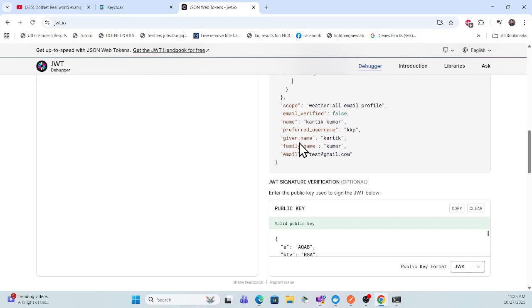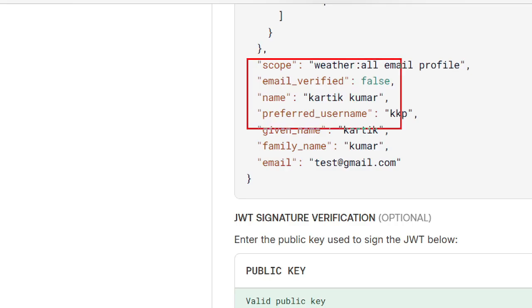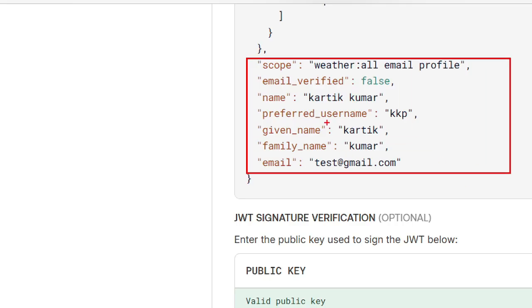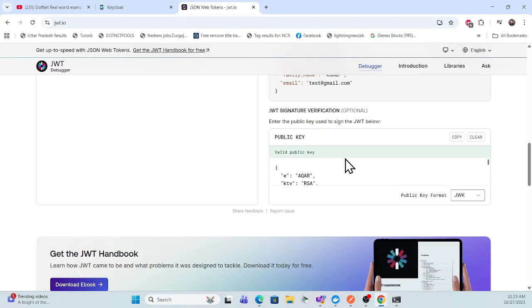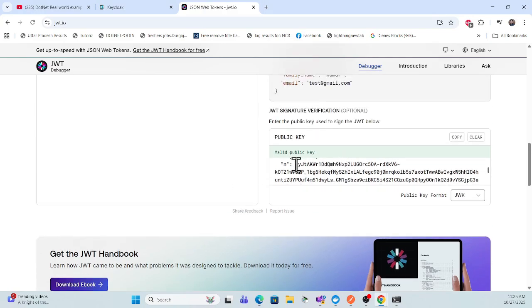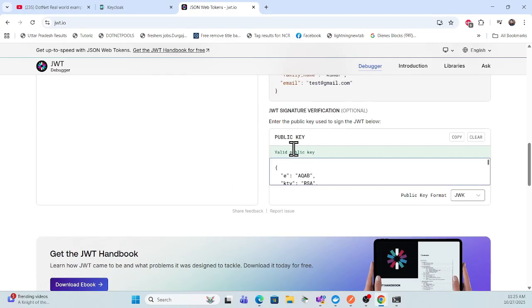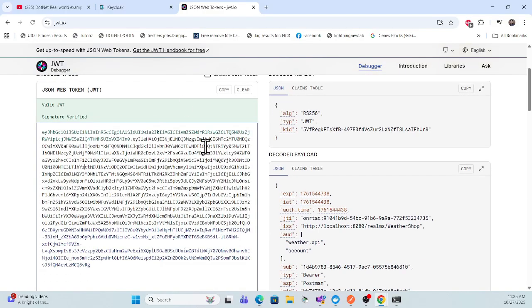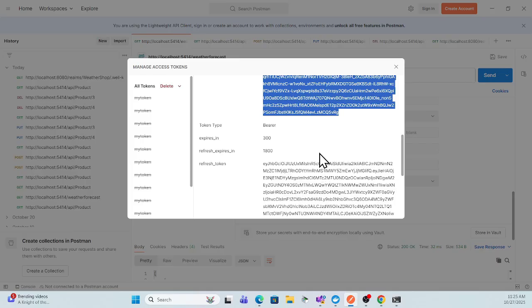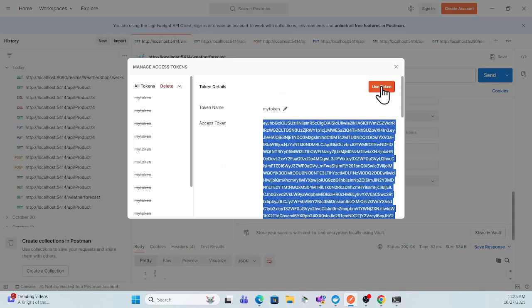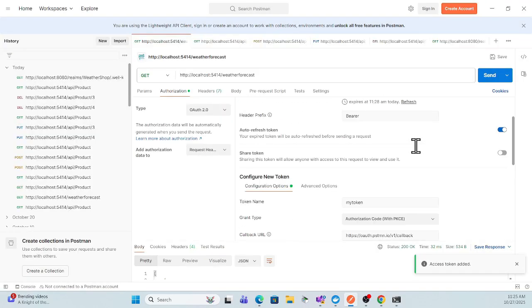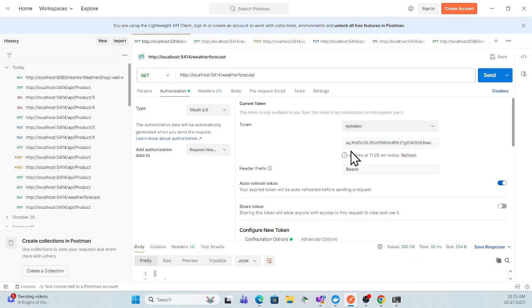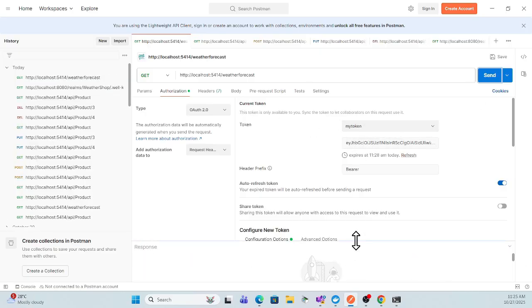And also this information, like username and email address, you can see in your token, and also see this is your signature. So this way your token is generated. Once you generate it, now we will try to access that API to see whether it is working or not. So just use this token, and once you use it, I just set this token over here, and once you send over here,